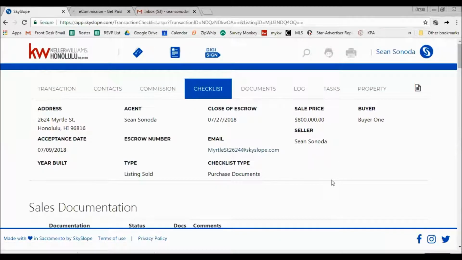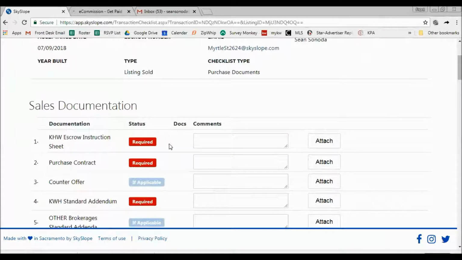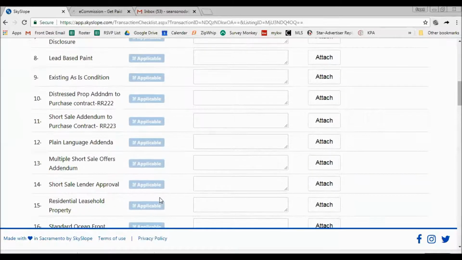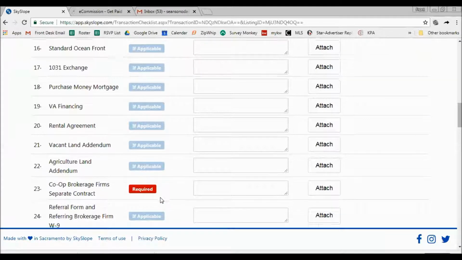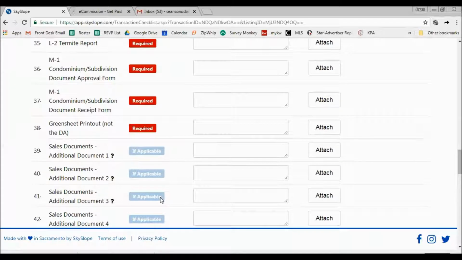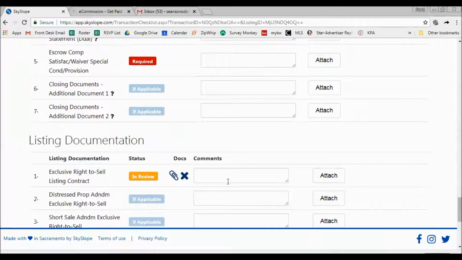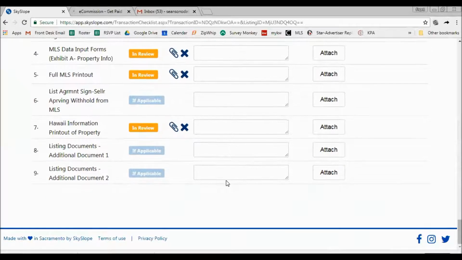Okay, so once you click submit, everything's in there. You created a transaction because your listing got an offer and you opened escrow, and now your transaction is going to look like this. Your checklist is going to have all these things that you need to upload: escrow instruction sheet, purchase contract, standard addendum. Everything in red needs to be in yellow before you submit it